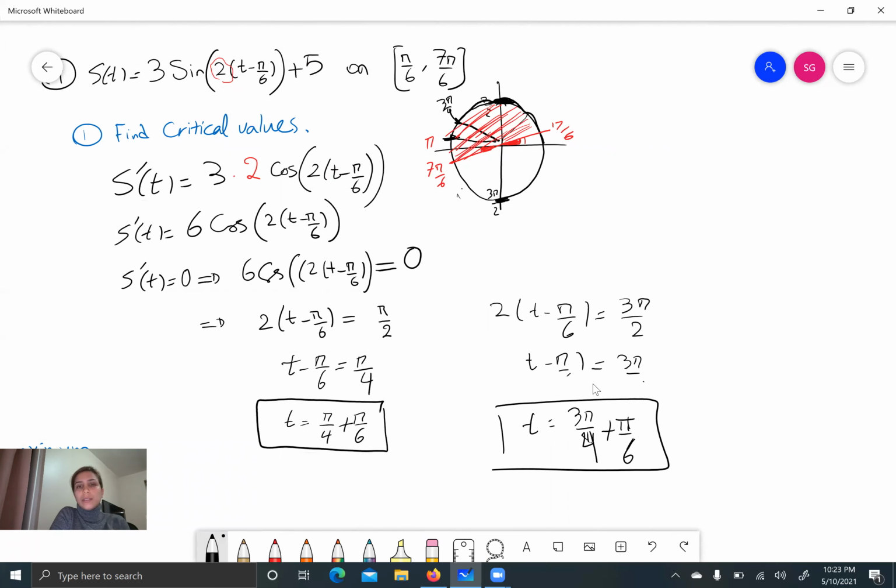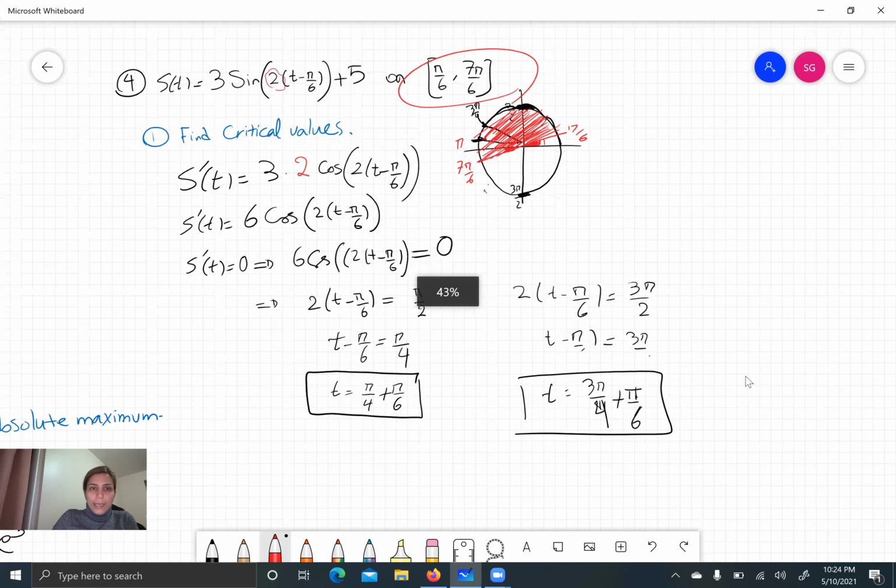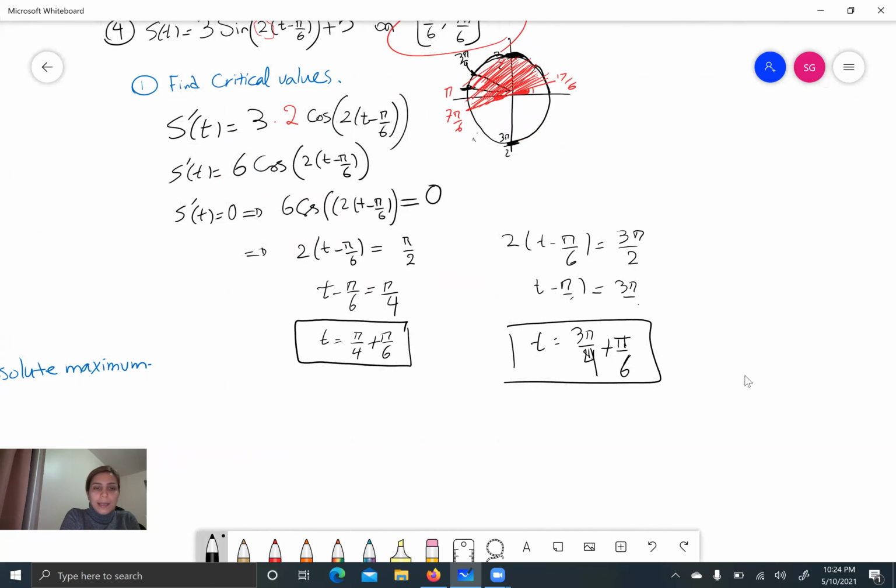At the beginning, I was not sure if this is going to sit in the restricted domain, because our domain is pi over 6 to 7 pi over 6. So there are infinitely many values that make the cosine 0, but we are just looking at this interval. So these two are the critical values of this function. Okay, now the second step is evaluate f to find f of critical values